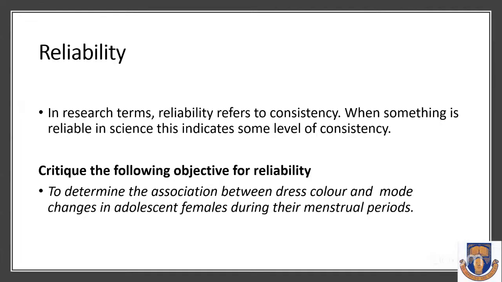Even if you can do this, you can achieve a result. But after you have done that study, you come back in 2 weeks and you want to repeat that study, how will you still get the same? Or you did it and I am going to do it, and five of us are going to do it, and our measures are going to be the same. Dress color is an issue. If there is no instrument to measure color reliably and understand that this color remains constant over time, then it might be an issue because dress color can change by multiple things within 2 weeks. It can be the water, you want to wash it, it might be the sun, and so on.